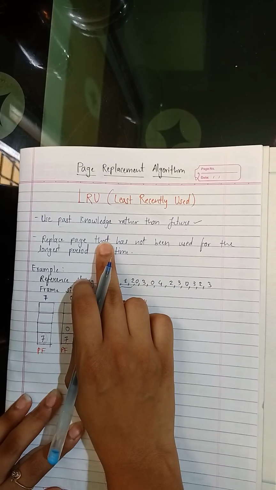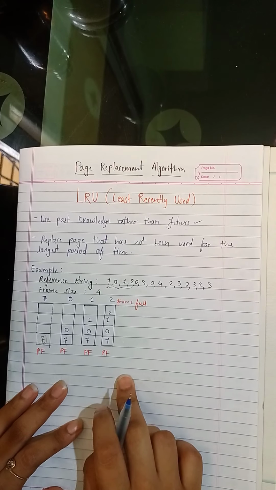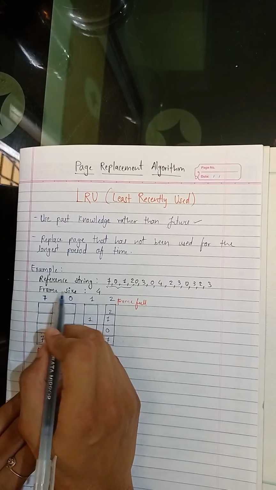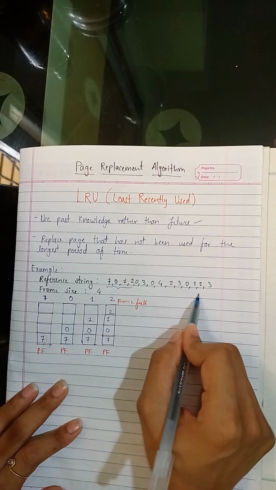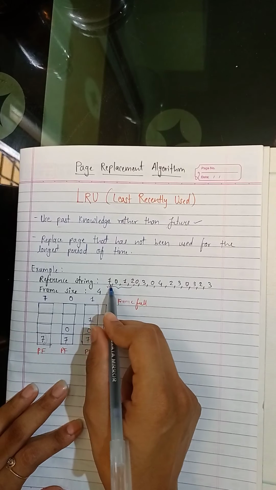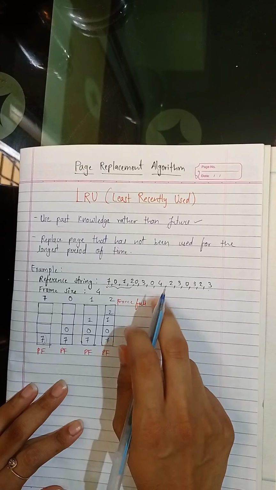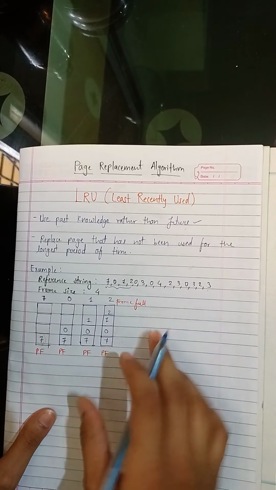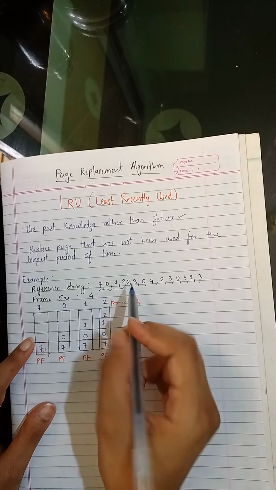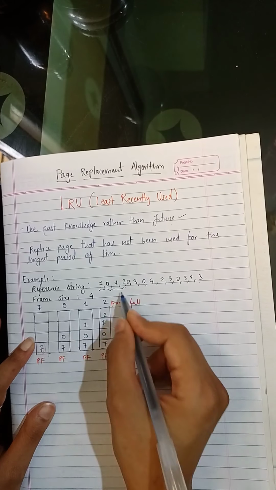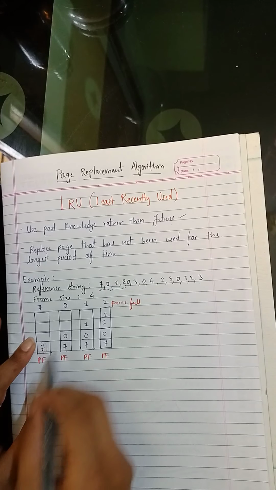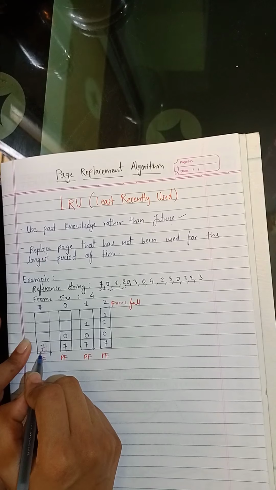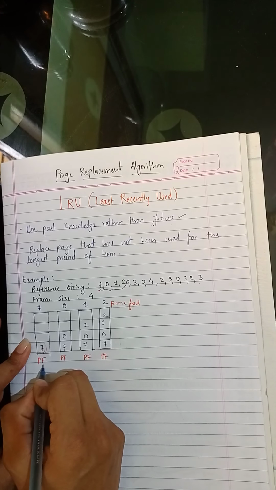So what does this actually mean? We are going to look at it here. To explain this algorithm, I am taking an example where we have a reference string and the frame size is 4. I have taken the same string which I took in the earlier video for the FIFO algorithm. Of the first 4 elements, we have to directly push them into the frame. As you can see, the first one, 7, I have put in the frame and marked it as a page fault.